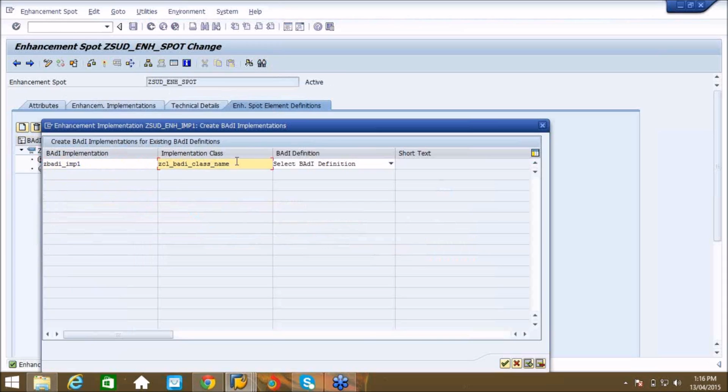You can provide any names starting with Z or Y. But this BAdI implementation class is for a particular BAdI definition. Just now we have created a definition, right? ZSUD_BADI_DEF. For that definition, this is going to be a class. Definition is an interface. Implementation is going to be a class. So continue this.